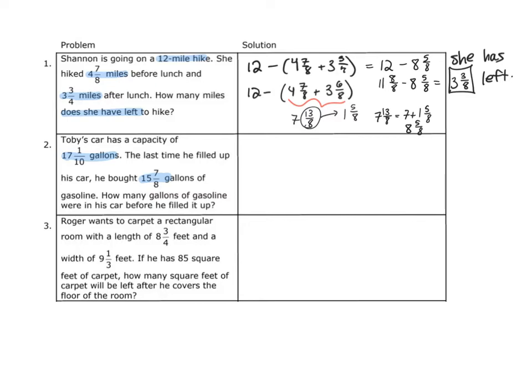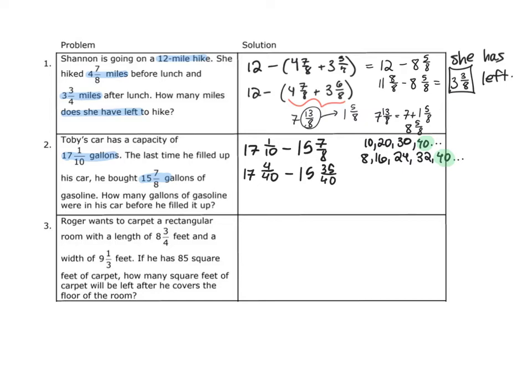So the amount of gas already in his car would be the difference between these two numbers. So I want to do 17 1/10 minus 15 7/8. Of course, I'm going to need a common denominator. So I listed out my multiples of 8 and 10, and I see that 40 is my least common multiple. Multiplying both the numerator and the denominator of my first mixed number by 4, I get 17 4/40. And multiplying the numerator and denominator of my second mixed number by 5, I get 15